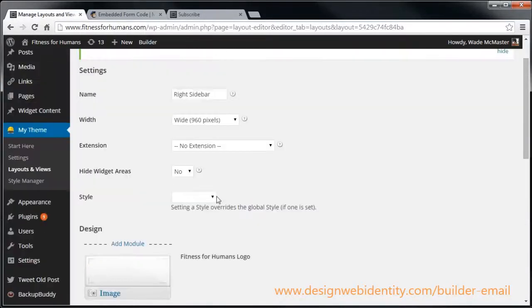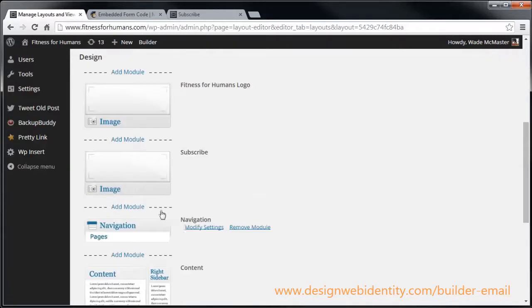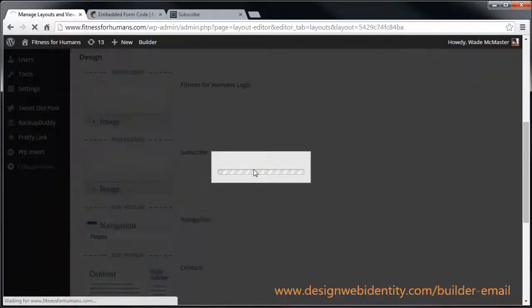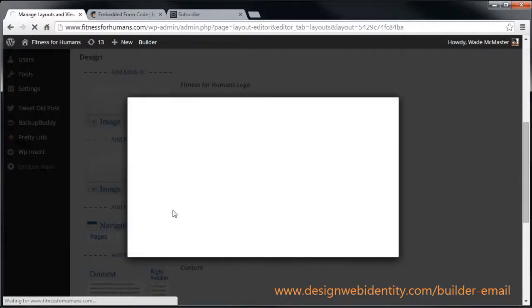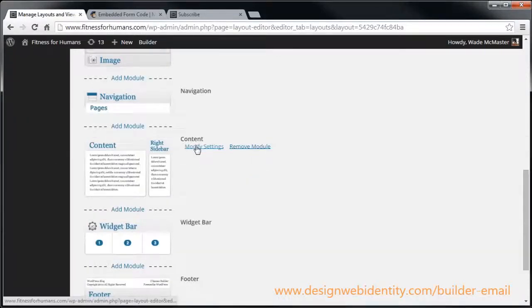Another thing we want to do before we go too far is we want to actually set up some of these little bits and pieces here. With the navigation, I'm going to go down. I want that to actually be WordPress pages, so you get your default WordPress pages in your navigation. We're going to save that. And then on the content here,